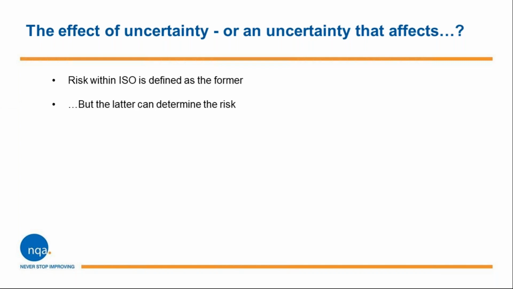So the latter can determine the risk. So once you determine the uncertainty, you can look at the risk associated with that. Obviously, whichever way you fall on this, risk is involved and the output's the same, and that output basically is an action to address the risk as best you can, and as practicable to do so within the size and scale of your business.